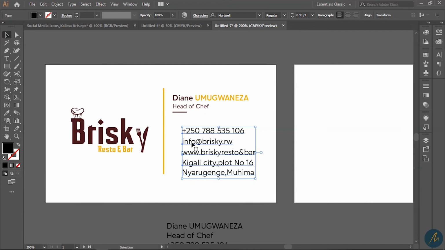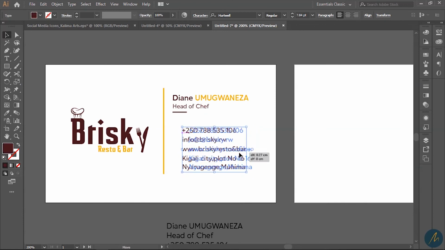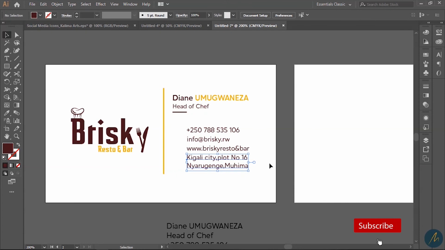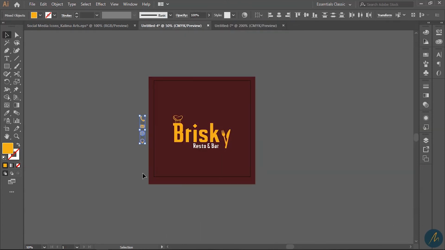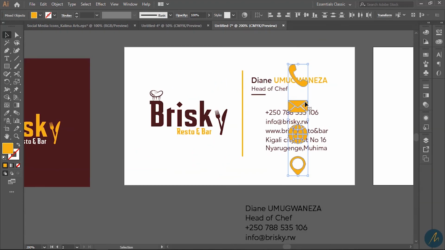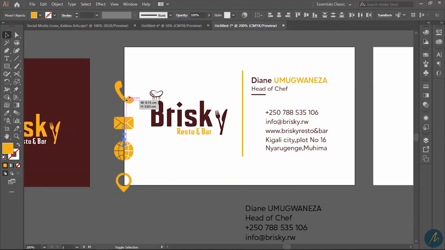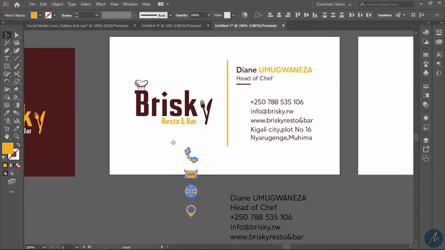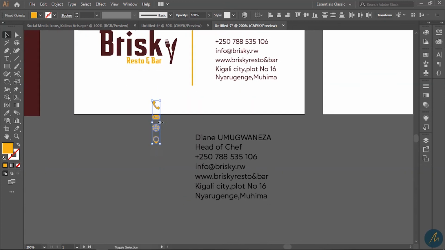So I will go ahead and choose them in red, dark red, so we can have our concept here. And what we need also is to add the icons, which I have here. I will also share with you guys the package of these icons, like the way I did on my recent tutorial on how to design a poster for social media. So I can reduce these ones,